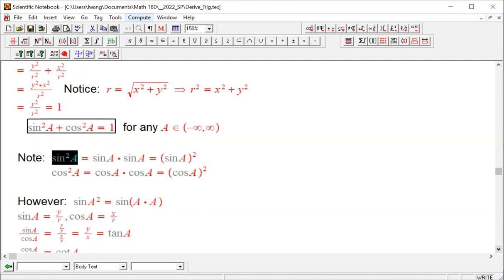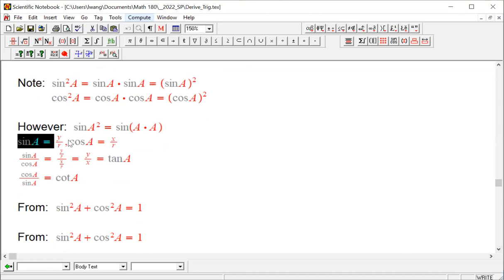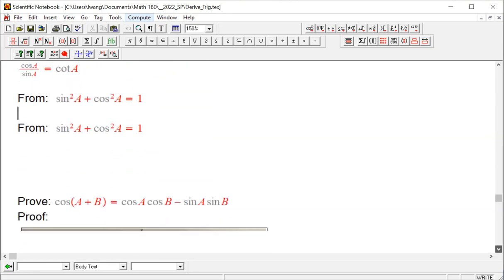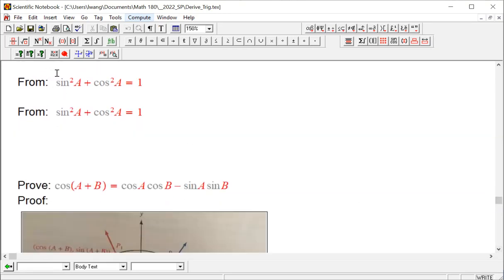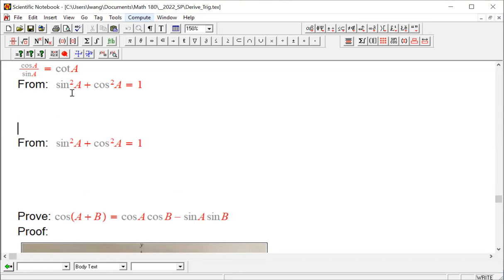Now, with that observation, we have sine of a, cosine of a, and we also found that tangent is the same as sine over cosine, and cotangent is cosine over sine. With that observation, we can derive some more identities. Knowing these, knowing sine squared plus cosine squared of the same angle equals 1,